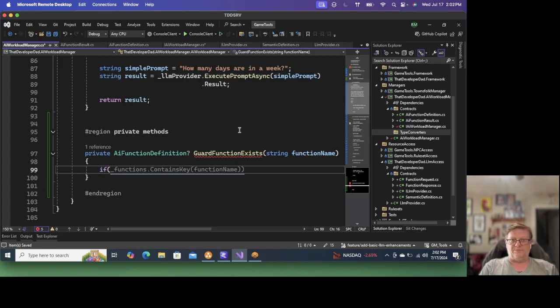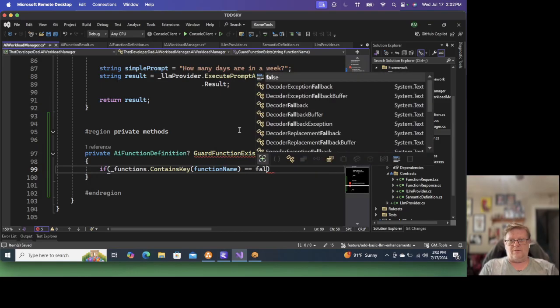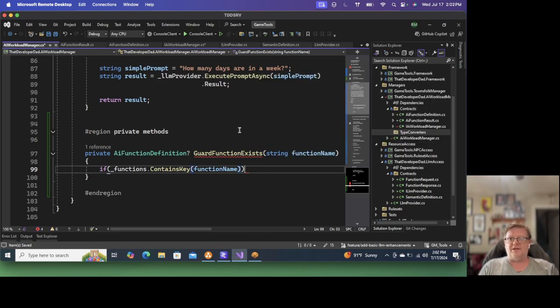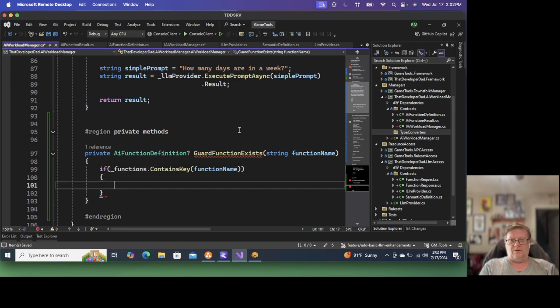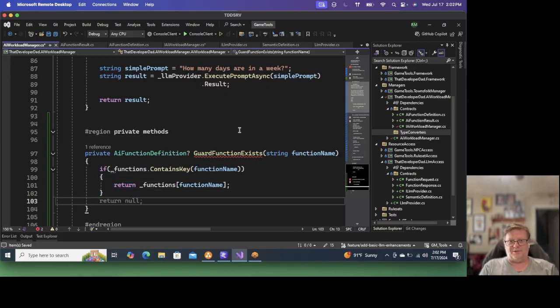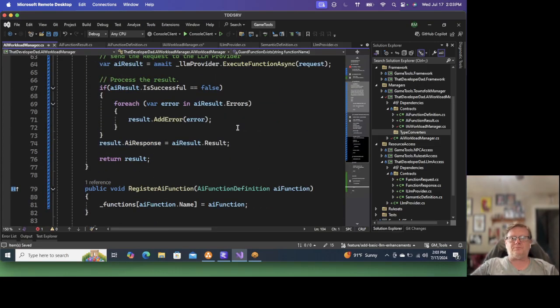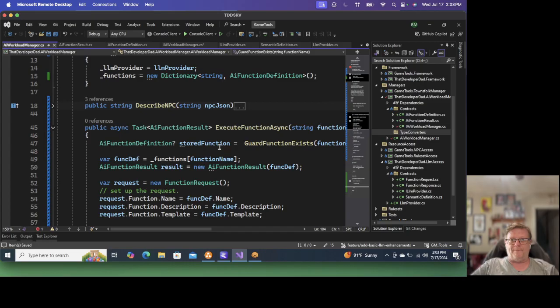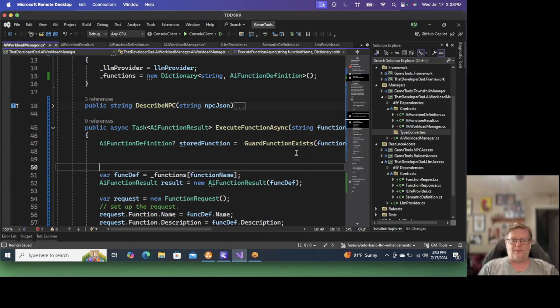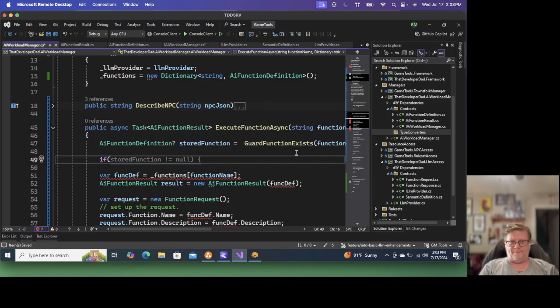If it contains the key, we're going to return it. Otherwise, we're going to return null. Up here where we're looking for it, if stored function equals null,